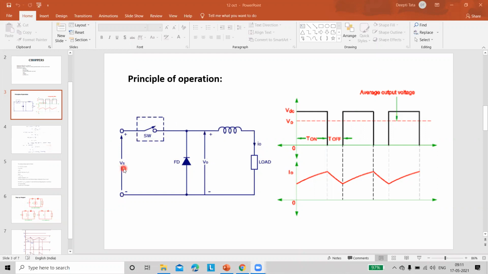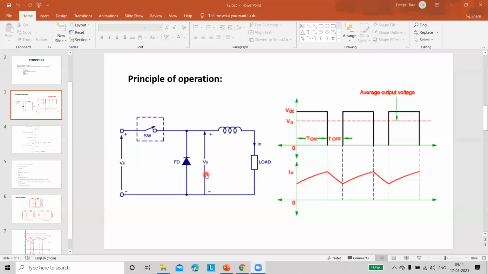So during the turn off condition, there is no possibility of getting any output current and output voltage from the input voltage. And during the turn on condition of the chopper, our inductance is going to absorb the energy from the supply voltage. And whenever the switch is turned off, that means our chopper is turned off, our inductance is going to deliver the absorbed energy. And then the path taken by the current is inductance, load, freewheeling diode, and back to inductance. That is in the clockwise direction.